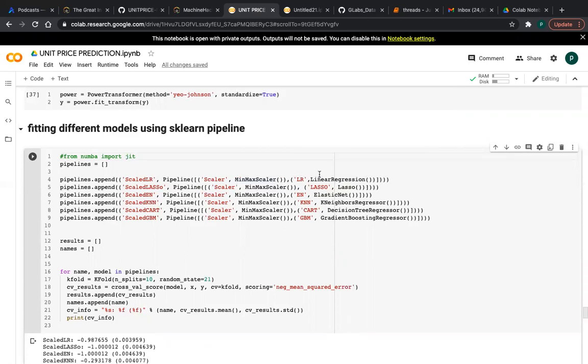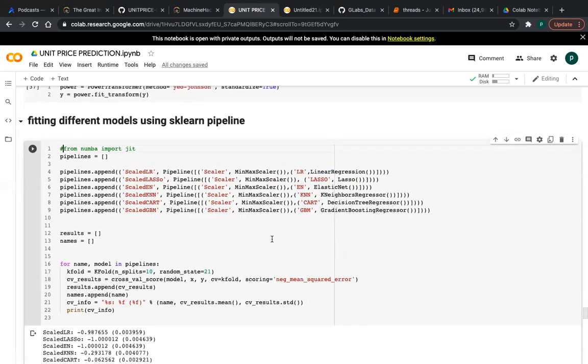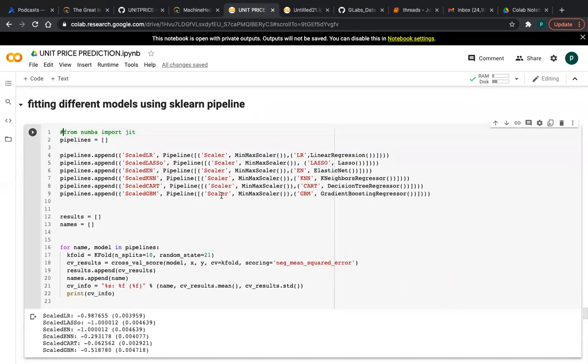I am importing all the models: linear regression, lasso regression, elastic net, k-nearest neighbors, decision tree, and gradient boosting. Because this is a regression problem, friends, we are predicting continuous data. Unit price is continuous. After this we have to know which algorithm, which model, is performing better.